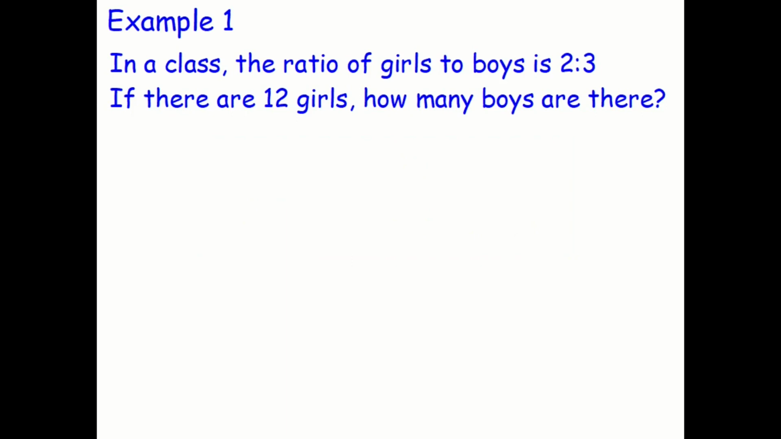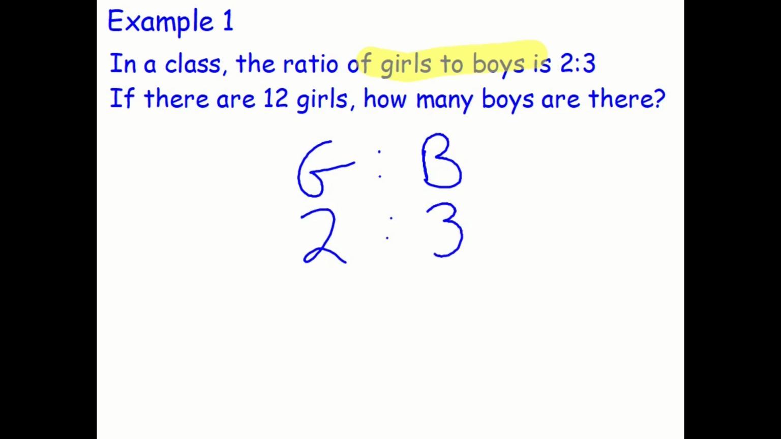Example 1. In a class, the ratio of girls to boys is 2 to 3. If there are 12 girls, how many boys are there? What I strongly recommend that you do in every single ratio question is write it out. If it says girls to boys, that is the ratio, girls to boys, in the ratio 2 to 3. It says if there are 12 girls, how many boys are there? Immediately they tell me 12 girls, so I'm going to write 12 underneath where it says girls, 2 to